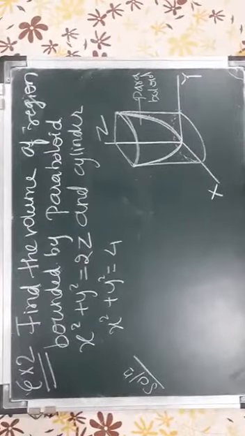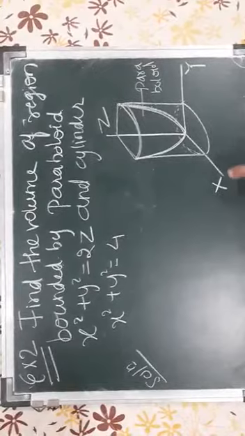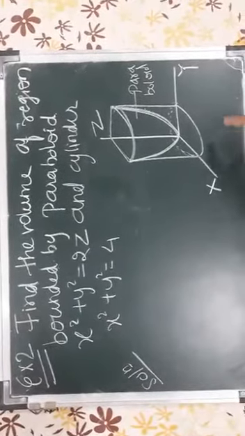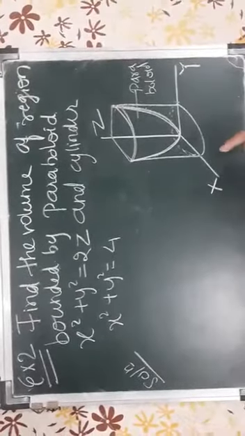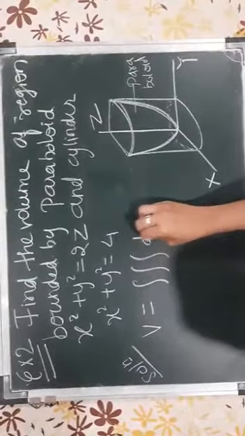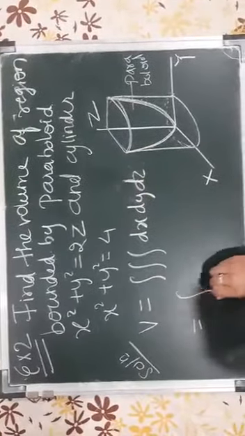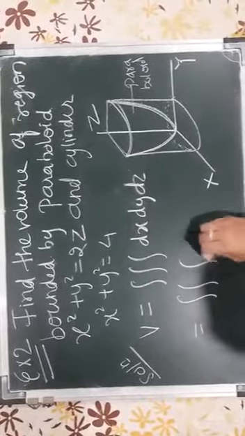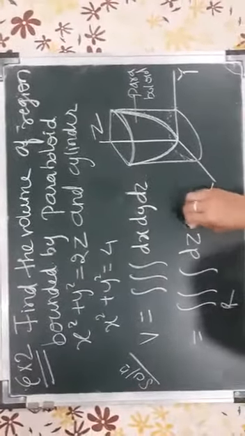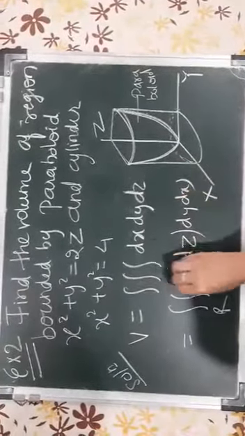Again here there are cylindrical polar coordinates which you can use, but it will be easier to solve it first for z, taking the limits of z, and then see what you get in 2 dimension. So your basic formula of volume is triple integration dx dy dz. Check the integration of z first. So integration of dz, and let me do over r later on, dy dx, whatever is the answer of this.